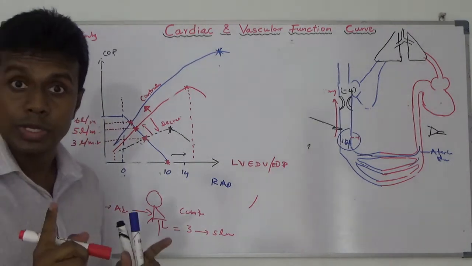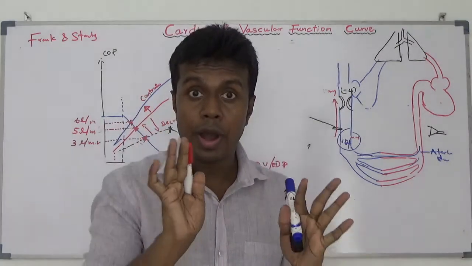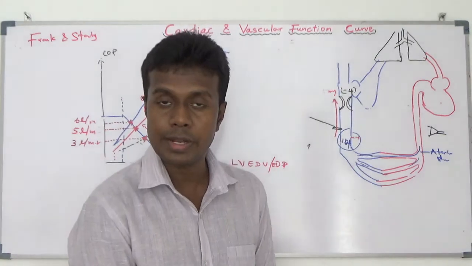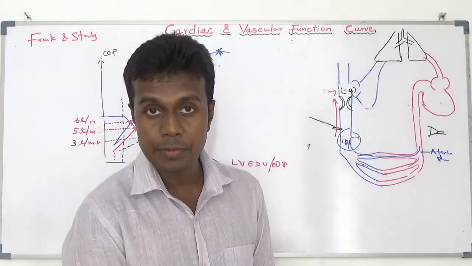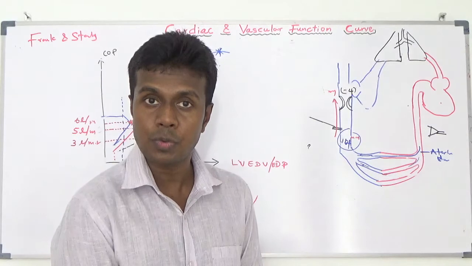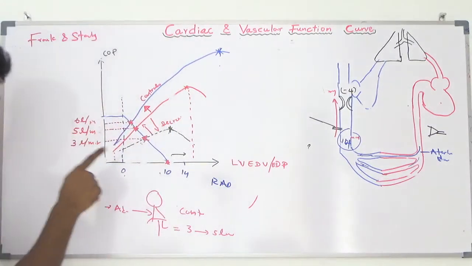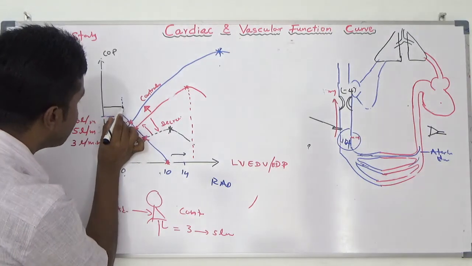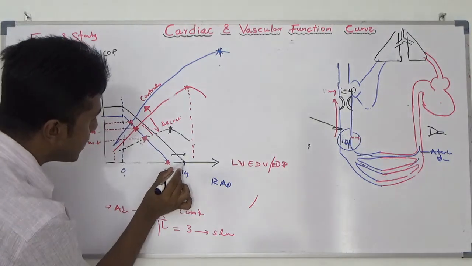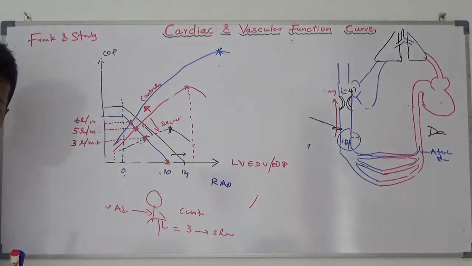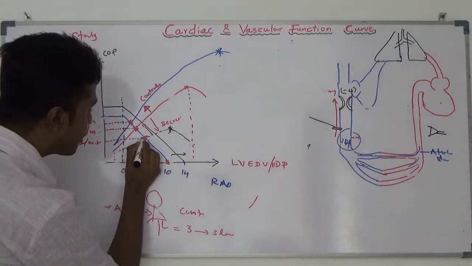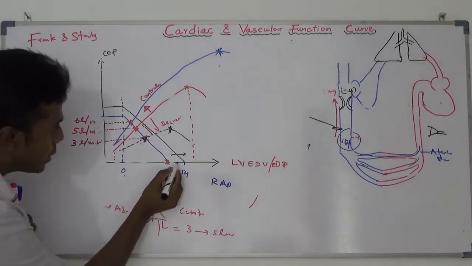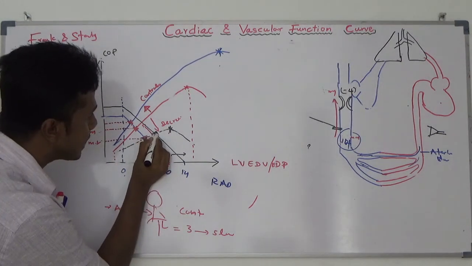Now what I am going to do is, I am not going to give adrenaline to my grandfather, but instead I am going to give IV fluid to improve the cardiac output. Once I give IV fluid, the vascular function curve behaves like this. It started at 40 millimeters of mercury. The initial cardiac output of my grandfather is here, 3 liters per minute. Once I give IV fluid, the intersecting point is here.